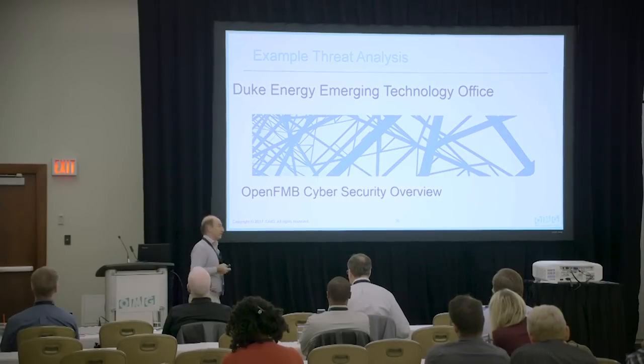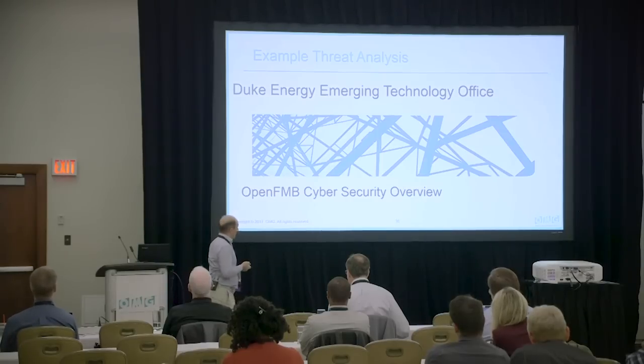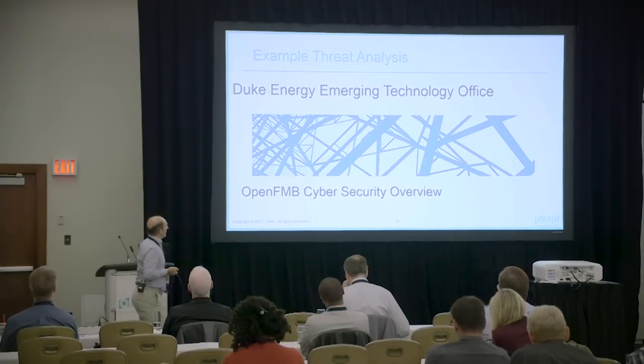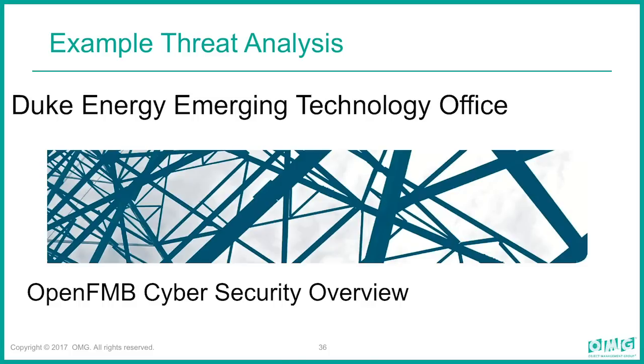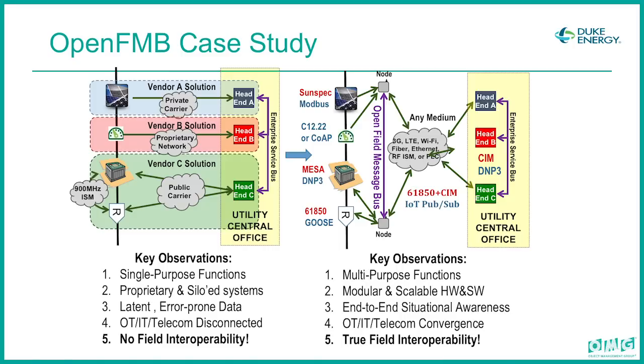So that's kind of what the DDS security does. Here is an example from how this thing was used. Duke is an energy utility in the US, and they had basically a problem, right? They have a problem that in their current system, they've got all these different devices, and they are built by different manufacturers, and they have their own connectivities and their own protocols. Some of them secure, some of them not secure.